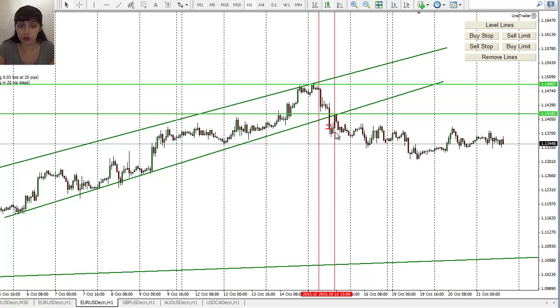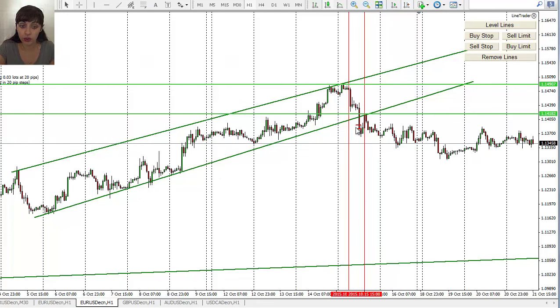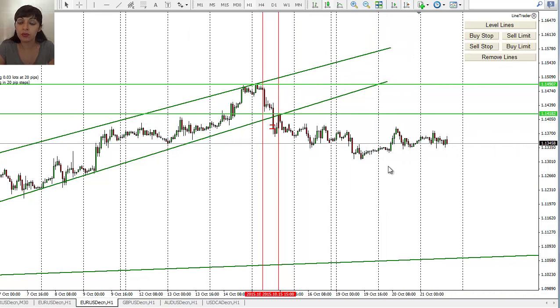You can see that afterwards the market moved backwards, and I went with the profit, but the market returned. And then you can see the importance of this level, just trying to get you to that point. You can see how important the level is: the market returned to the level, didn't break it, didn't go back into the channel, so it continues down.